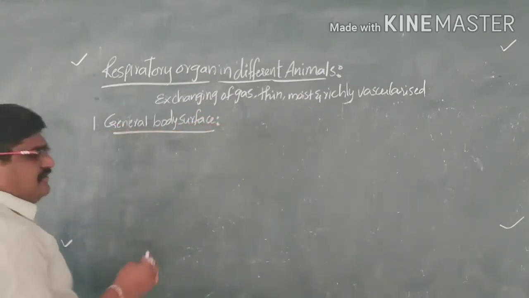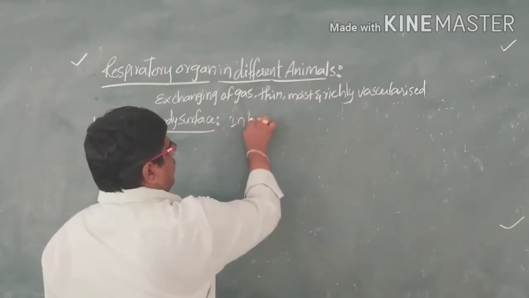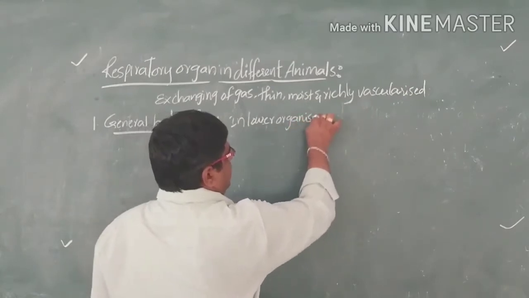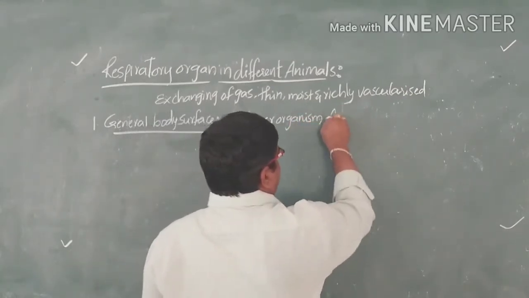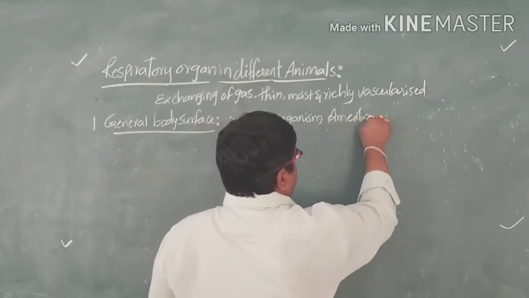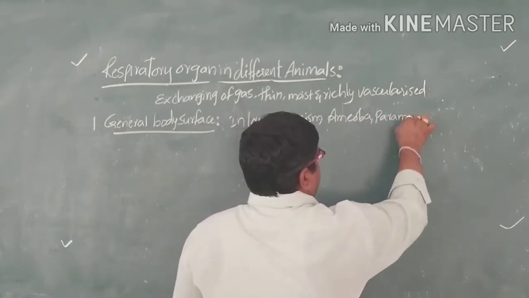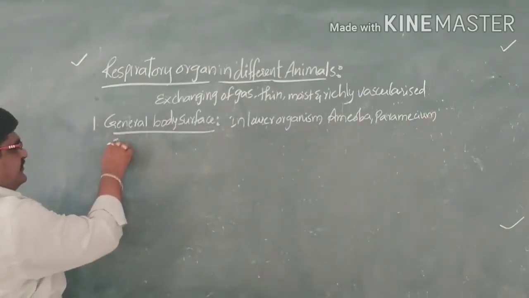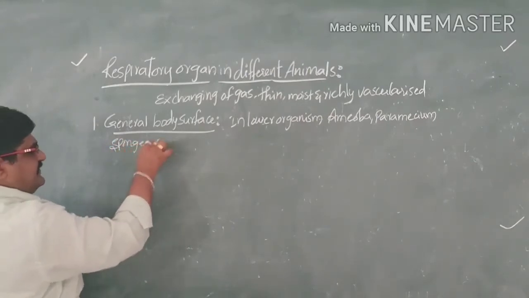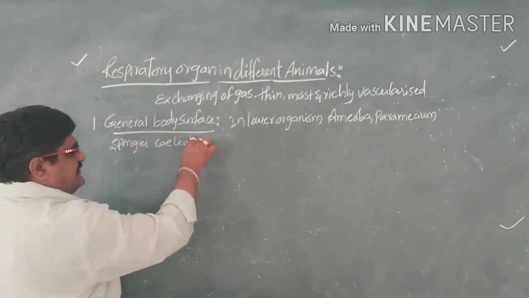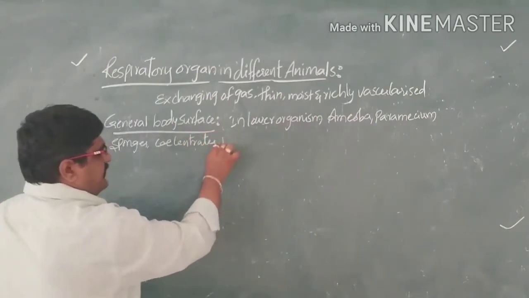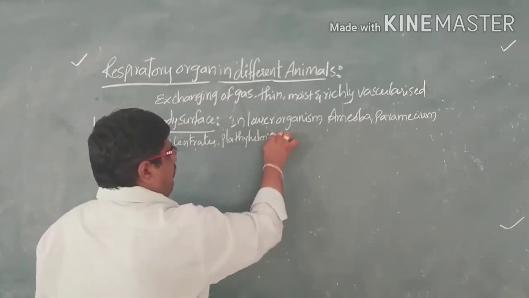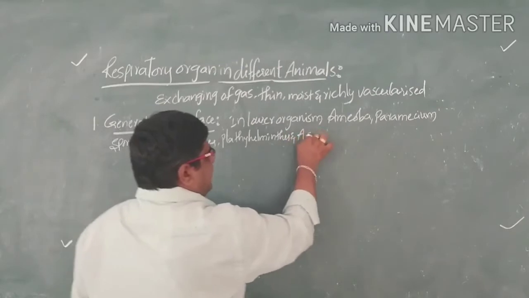In the lower invertebrates, animals like amoeba, paramecium, the sponges, coelenterates, platyhelminthes, and also aschelminthes,